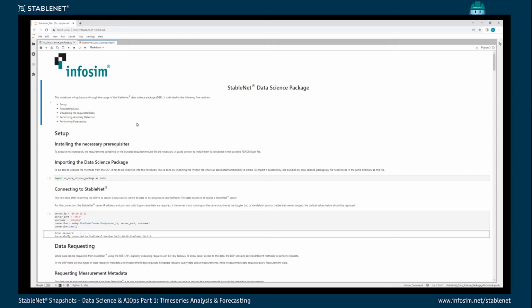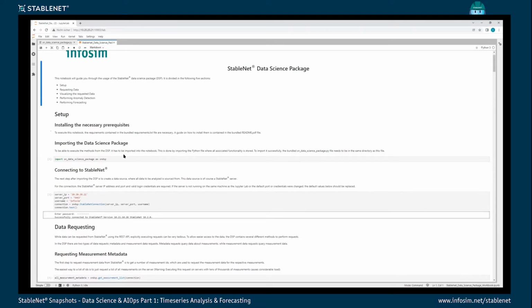And with this data science package we are offering here, we have actually bridged directly, given the possibility to interface with the StableNet data. There is a lot of different data available, like topology data, all the tagging data available in StableNet, and also specifically the time series data from all the measurements. And our intent with this data science package is to make it really easy for the users to access this data and to have not a lot of limitations with what can be actually done with that data in terms